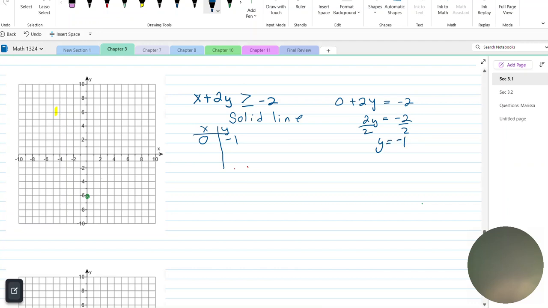Right? And then if y is 0, then x equals -2. All right, so I have my two ordered pairs, 0 and -1. That's right there. And -2 and 0. All righty then. So now we're going to draw our line